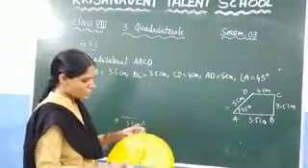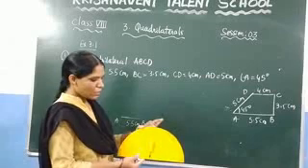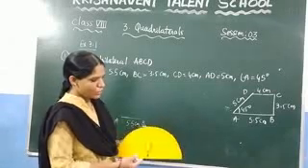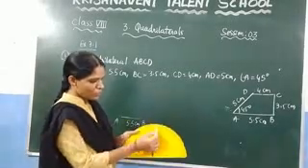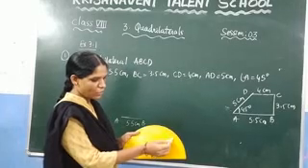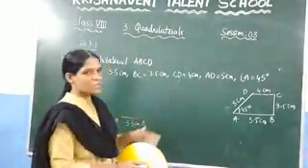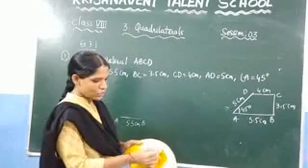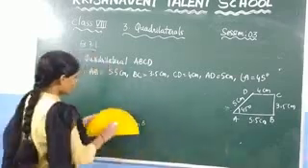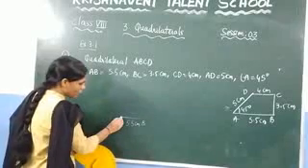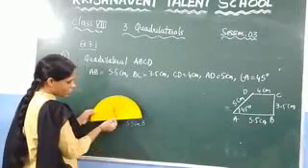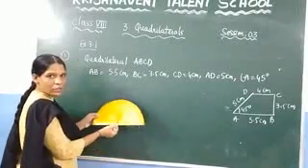Here you can observe that this is 90 degrees, and below 90 degrees you need to see the numbers 80, 70, 60, 40, 30, 20, 10. Since they have given the angle as 45, you need to see the below numbers here. So take the protractor and keep it at the vertex A. At the vertex point you need to keep it at this point below.